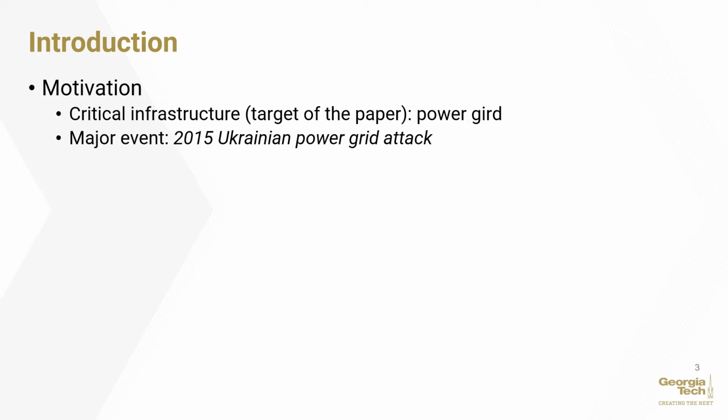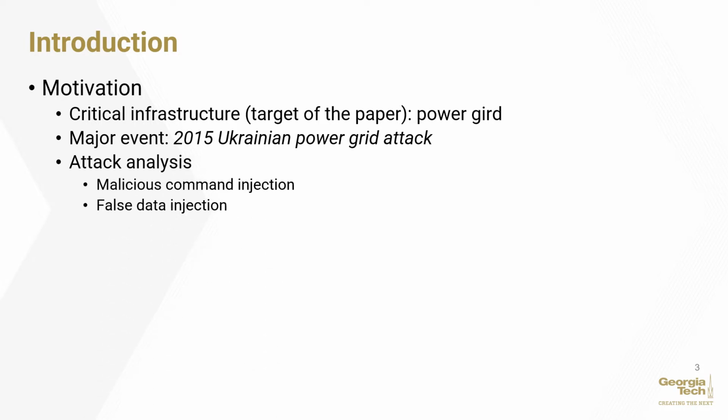In 2015, the world's first successful cyber attack on substations happened on the Ukrainian power grid. The hackers shut down all circuit breakers of 30 substations, leading to a blackout of more than 6 hours. In this attack, besides the malicious control of the circuit breakers, the hackers also injected false operating data into the supervisory control and data acquisition system, which is the SCADA system, and thus reported a normal operating condition